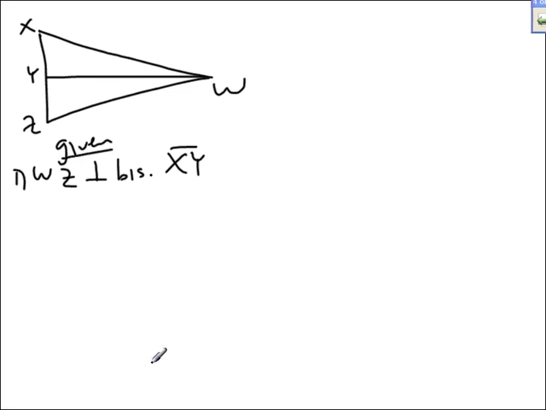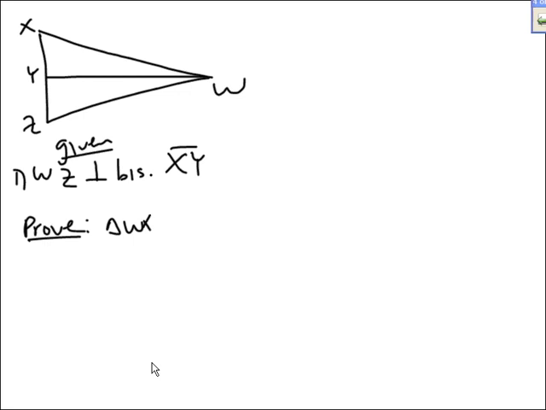Here's a diagram. You have point W, point X, point Y, and point Z. And you're given some things. You're given that WZ is the perpendicular bisector of XY. That's given. And actually that's all that's given. And you want to prove that